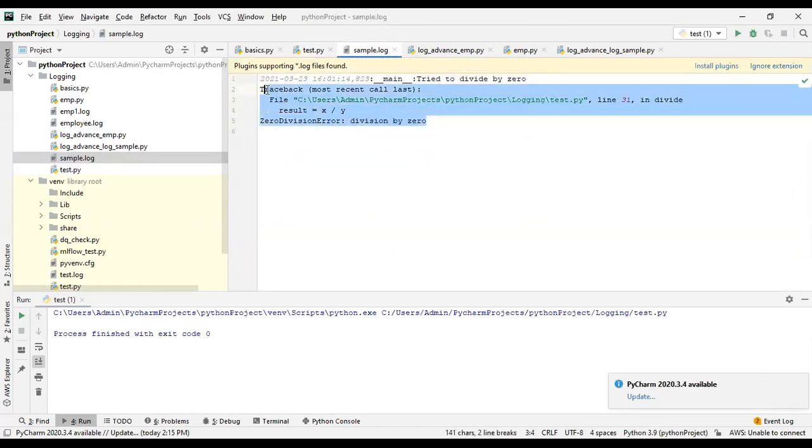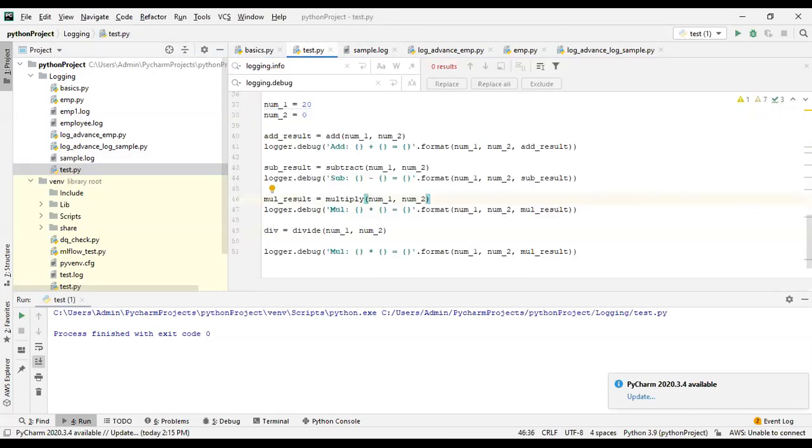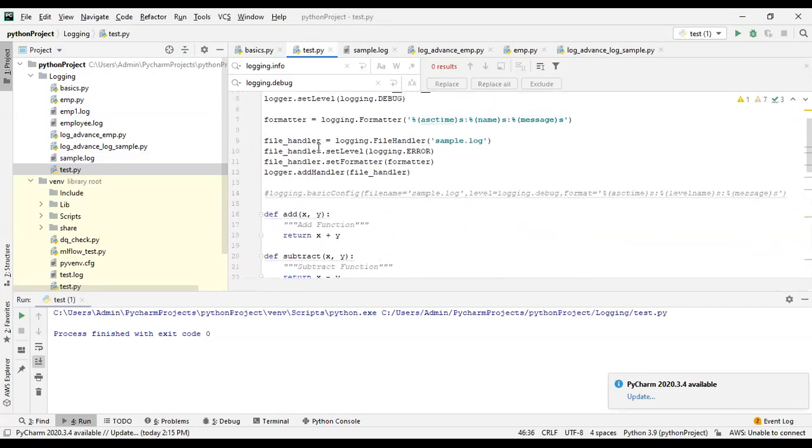See, this is capturing only the traceback information. Why? Because this is set up to level error only. Here, if you go and check this test file, see here I am setting the level to error for only the sample.log file.